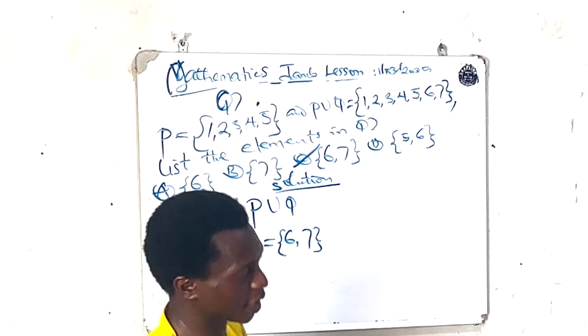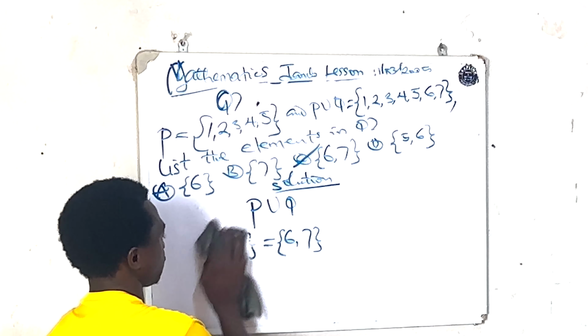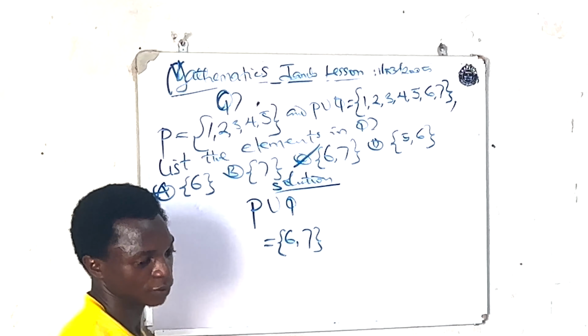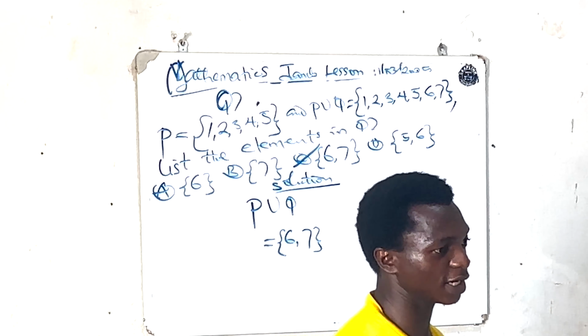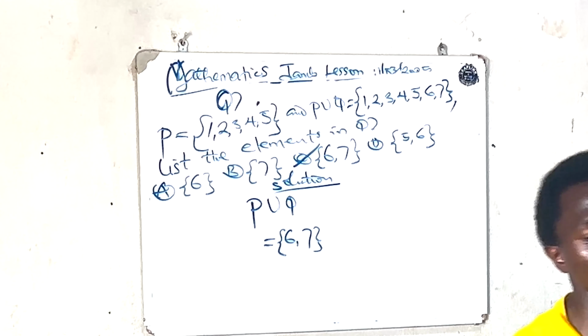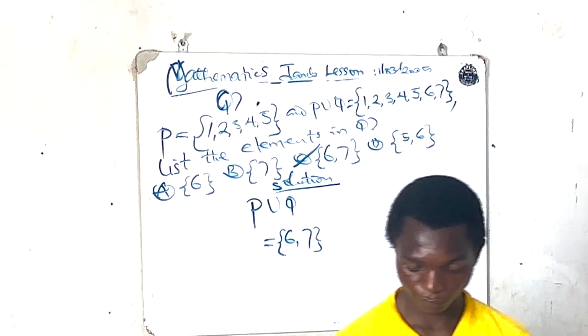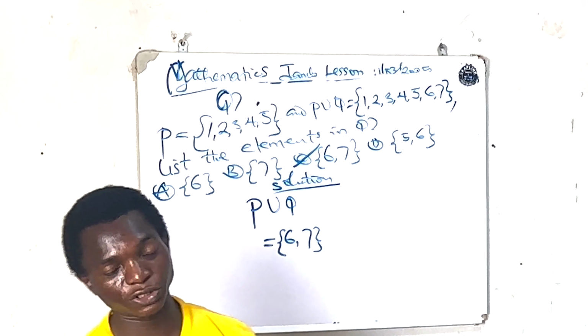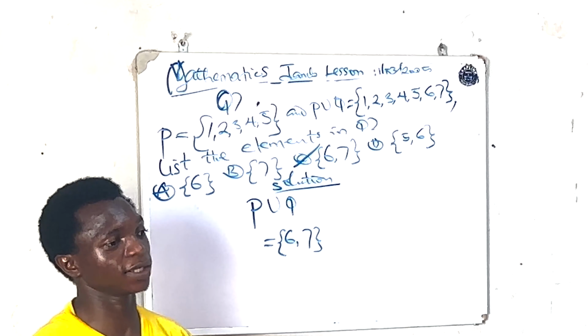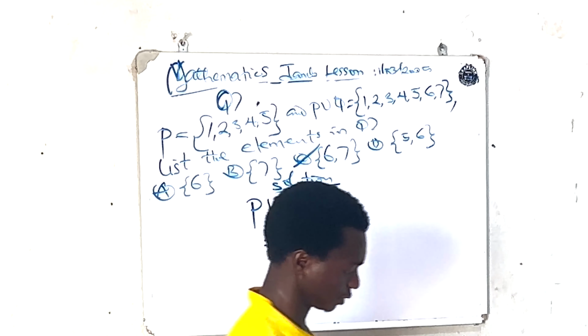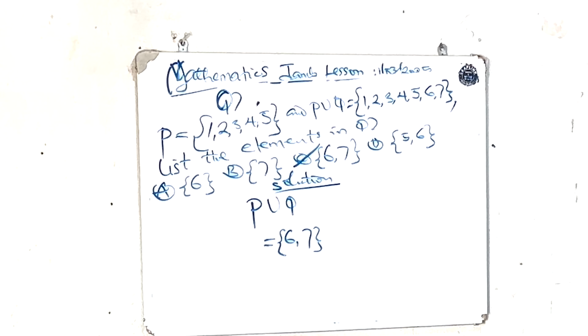Very simple. So to list the elements in Q, we identify them as 6 and 7, because we say a union of sets is a set that is combined, right? It's just like the opposite of